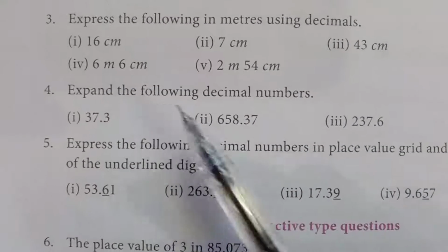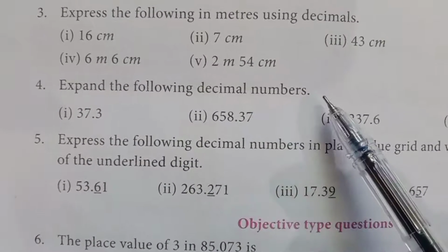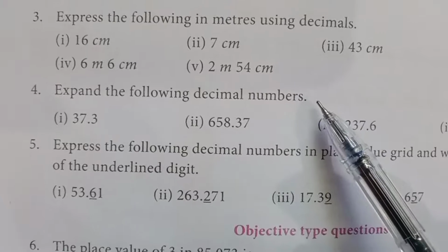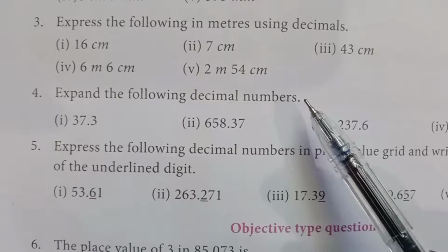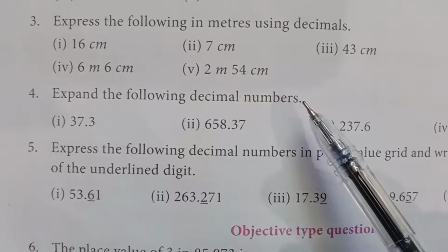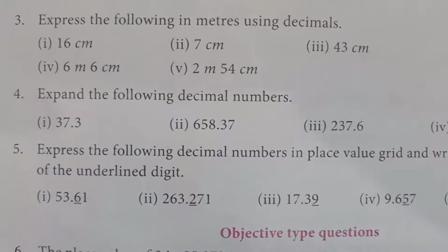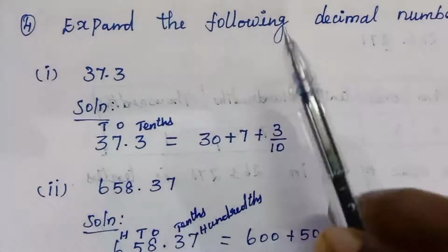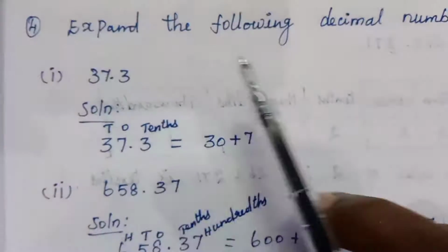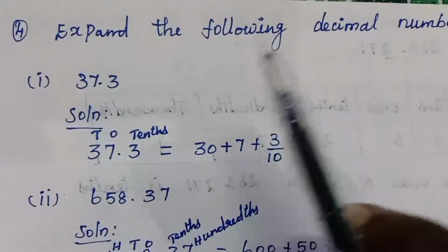Next, fourth question, expand the following decimal numbers. We want to write it in expanded form. According to the place value, we have to expand the given decimal numbers. The first question, in the fourth question, expand the following decimal numbers. In the first question,